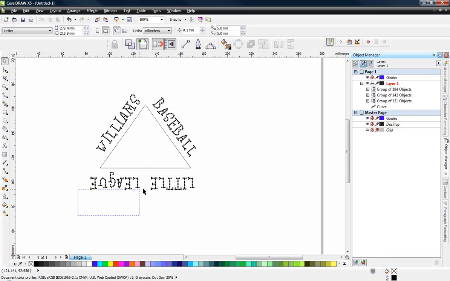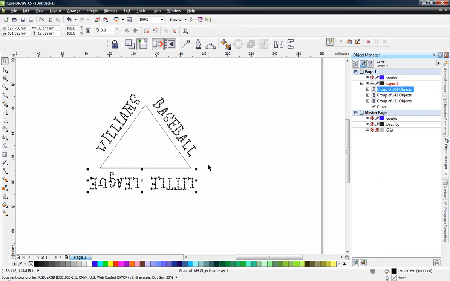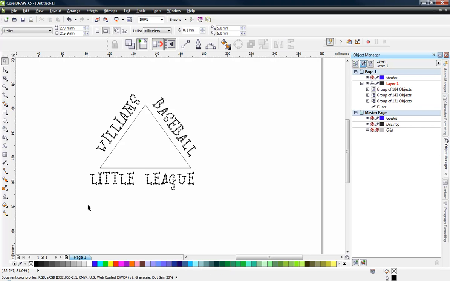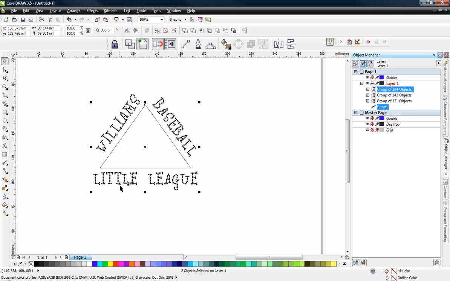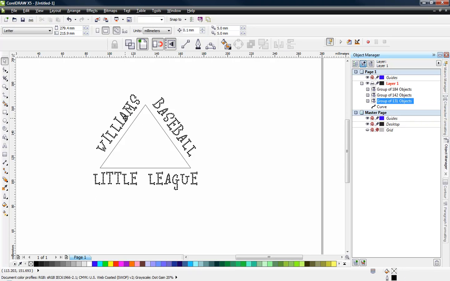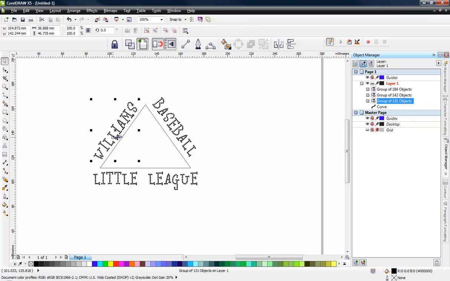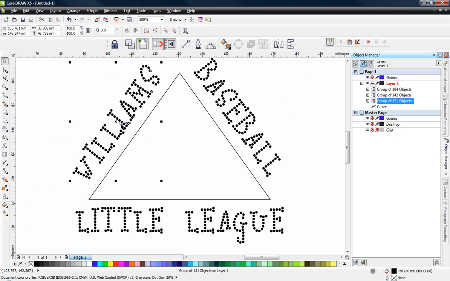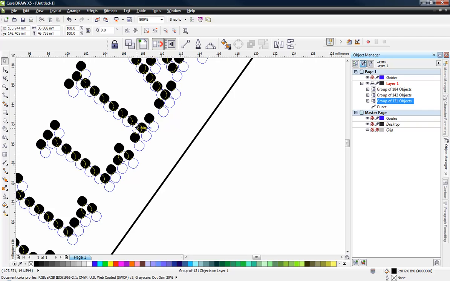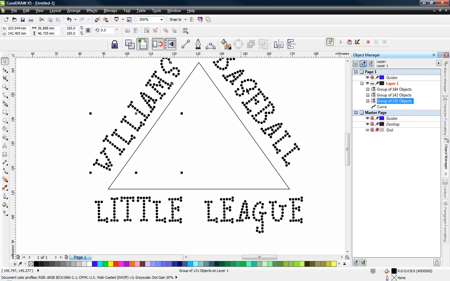So then it's just a matter of doing a little flippity flip, right? So we're going to flip it both directions. We're going to select that text and the triangle and hit C. That centers the text left to right. And then all we're going to do is take our Williams text and bring it down a little bit, keeping that spacing off the line about the same. So we'll bring it down a little bit,